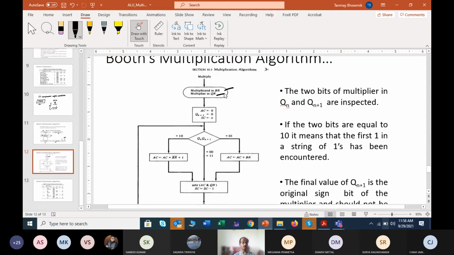Now the next point is the sequence counter. Here again the sequence counter is n. So why are you taking the sequence counter as n? Because now it is your 2's complement representation, and 2's complement representation means all the bits are relevant. No extra sign bit is there that you need not consider, as in case of magnitude calculation. The whole data is under consideration. That is why you are keeping the sequence counter as n.